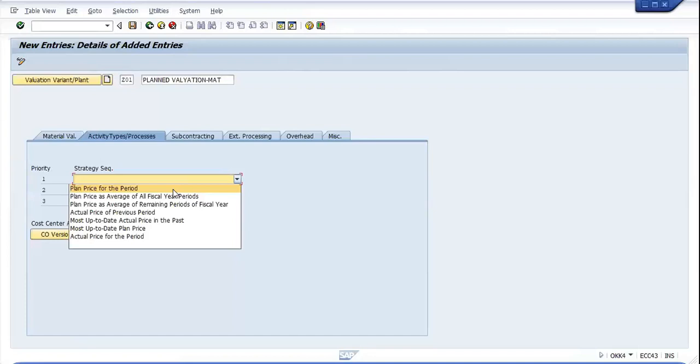Here we will select the plant price average for all fiscal year periods.